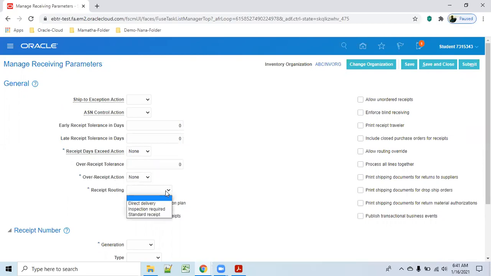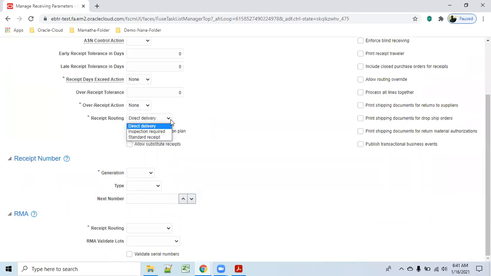Receipt routing. This is important. Direct delivery or standard or inspection. When you select direct delivery, the system will default to direct delivery, but later the system will allow you to make changes. These are only for default purposes. Generation, automatic or manual. Type, alphanumeric or numeric, meaning how the number has to come.